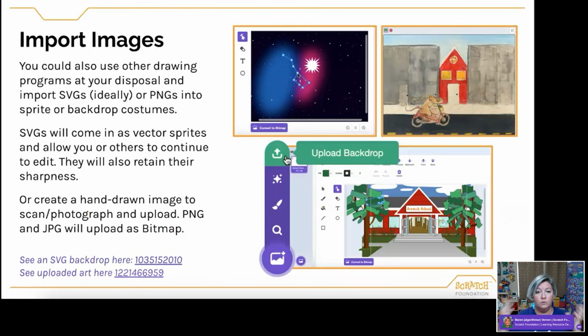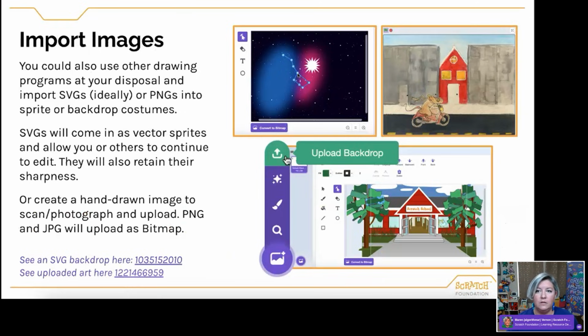You could also use PNGs, photos of things that you can import here into Scratch. And then you can utilize those in your backgrounds. Other drawing tools may be more feature rich. So if our current paint editor doesn't have as much control over the gradient that you need, maybe you create another drawing program and you bring that SVG in.